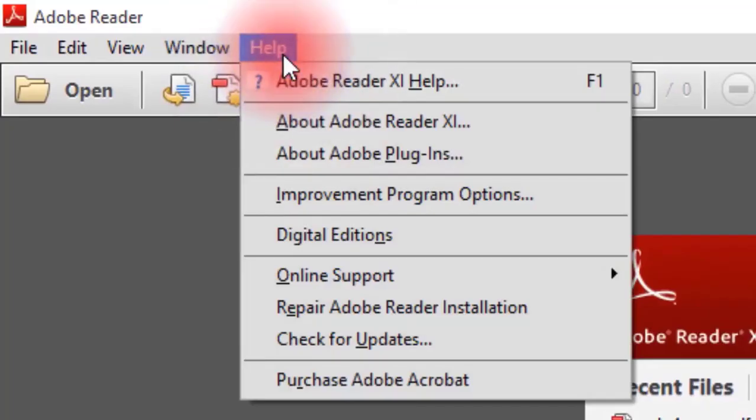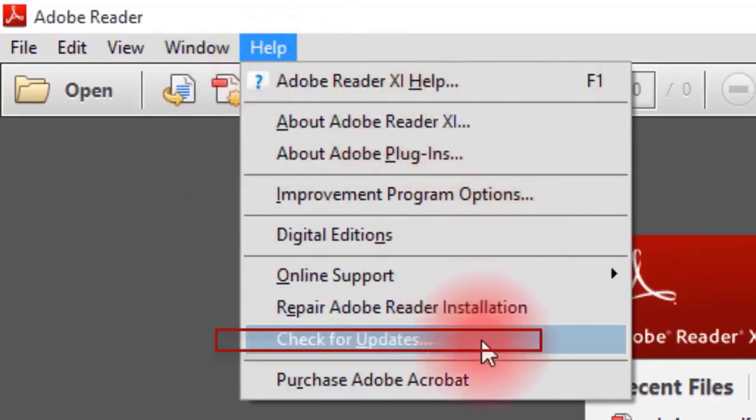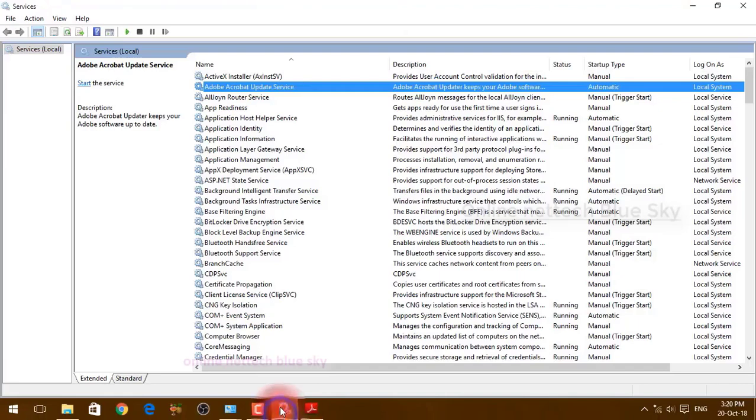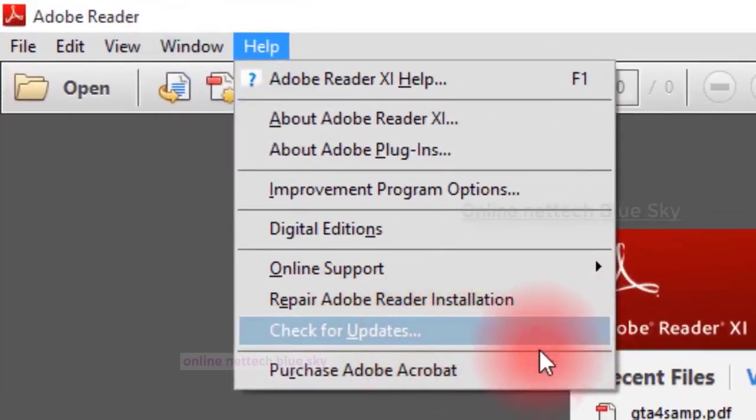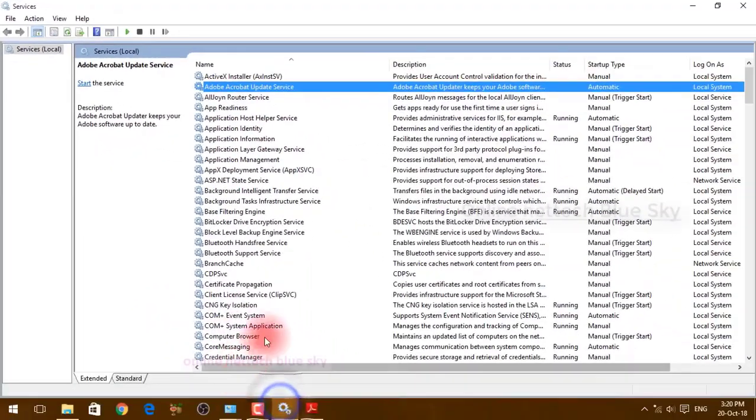Okay, the group bar services start here. So that is the services here. Okay, so check for update means this service is always working on updating files. So this service is working only for update. So click on check update here.